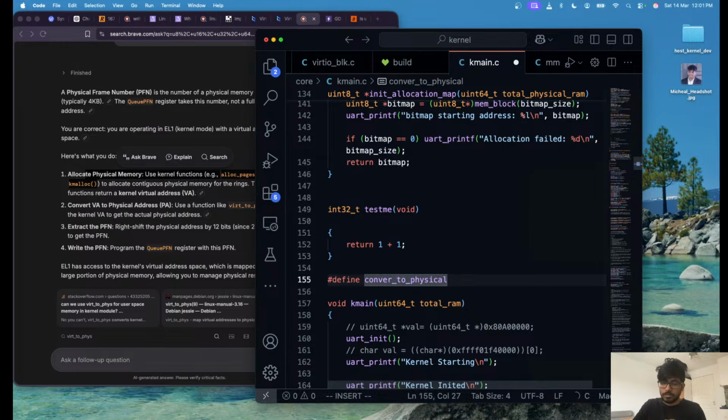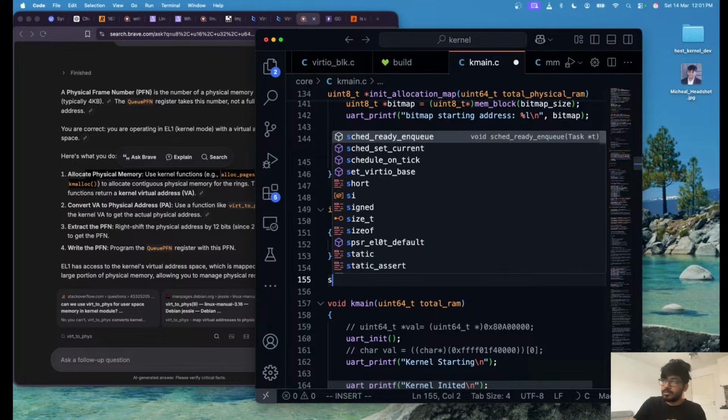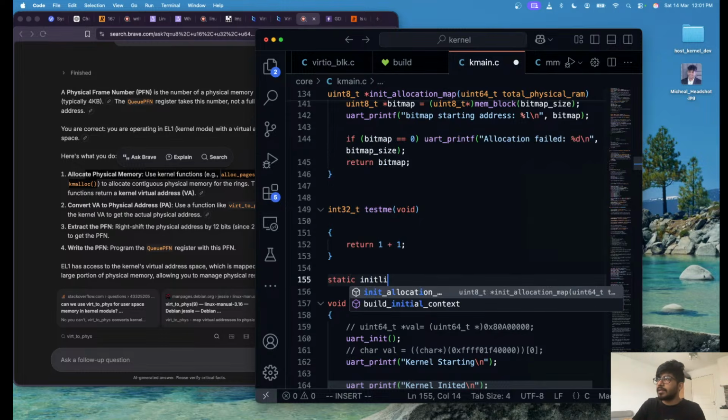And it's going to take... But it's happening in runtime. Oh no. Okay, then I'll put static inline